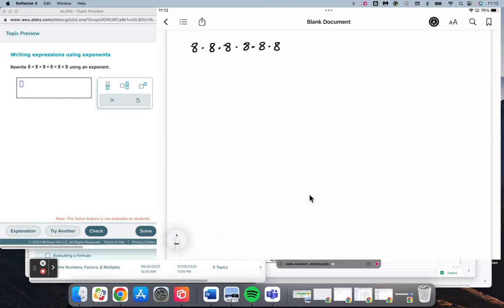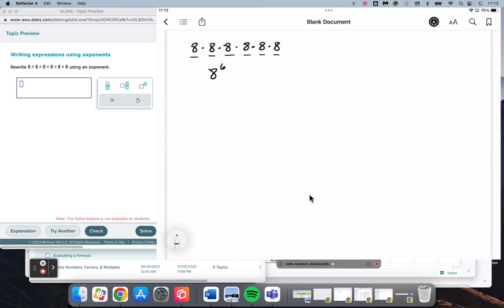You'll notice that I'm using a dot to represent multiplication instead of an X. They both mean the same thing. To me, the dot just is an easier way to do it. So very simple in terms of writing this in what we call exponential notation, or by using an exponent, we have the number 8 multiplied by itself 6 times. And so what we're going to do is put a little 6 up there above the 8. The way that we say this is 8 to the power of 6, or 8 to the 6th. And what that represents is the number 8 multiplied by itself